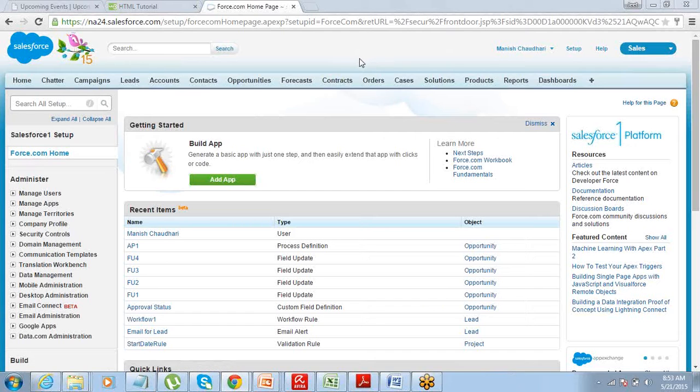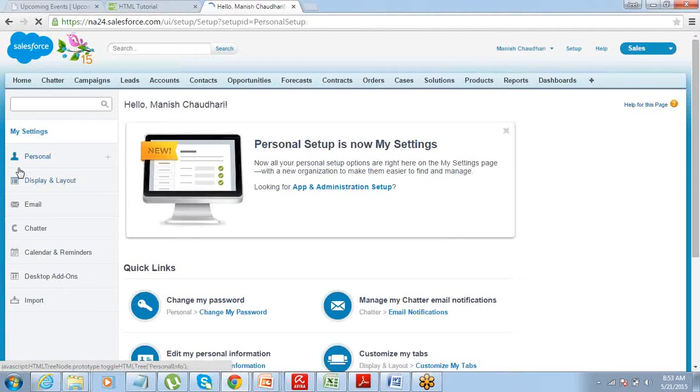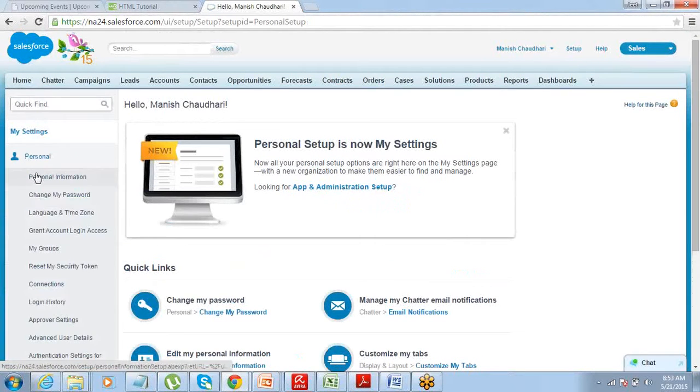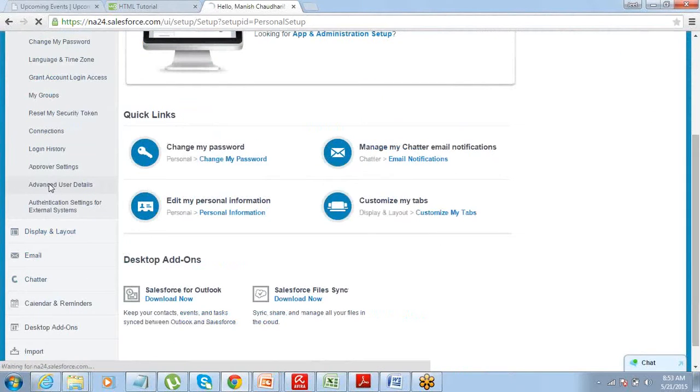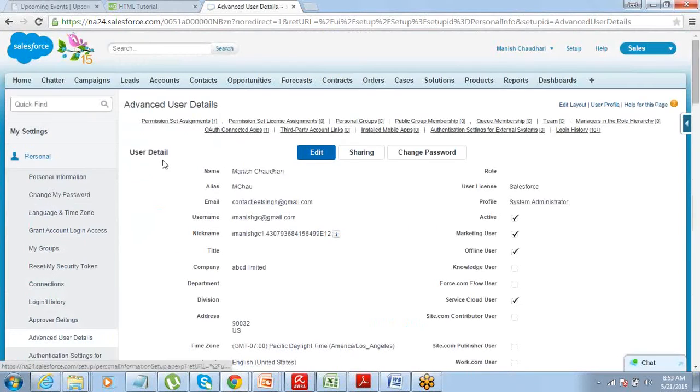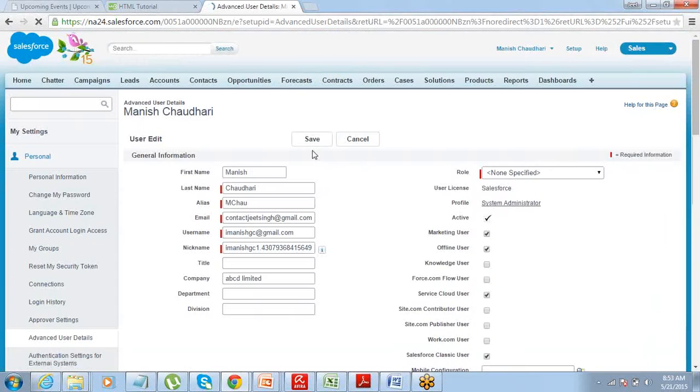Okay, so this is where we are. You should go to My Settings, Personal, Advanced User Details. Here it is. Click on the Edit button.